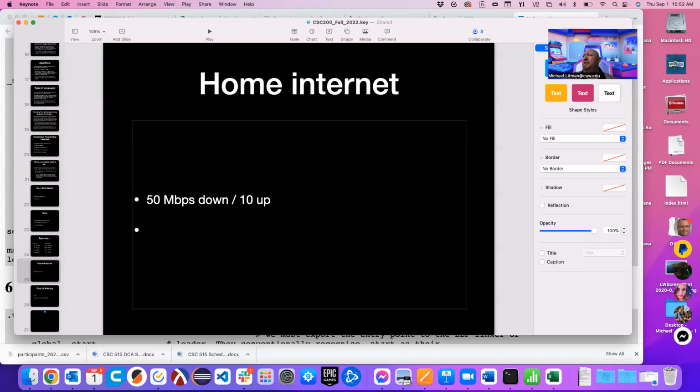They have a premium one, I think is 400 down and probably like 30 or 40 up. And then they do have a gigabit internet from Spectrum. AT&T does have slower internet because it's based on a different technology. It's not that AT&T sucks compared to Spectrum. It's just Spectrum's using cable modem technology. AT&T, until more recently, is using what's called DSL stuff.